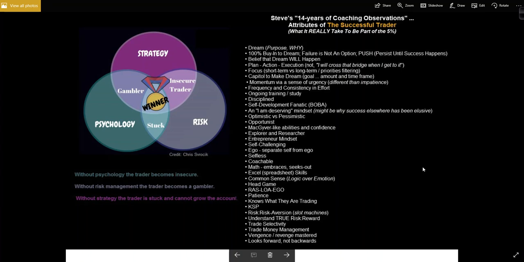I thought, and my fingers typed. But this is a darn good starting place. And if you don't have these, then you have to make some decision. This isn't a multiple choice thing. If you're going to end up in the small group of successful traders, these are the attributes you have to have.